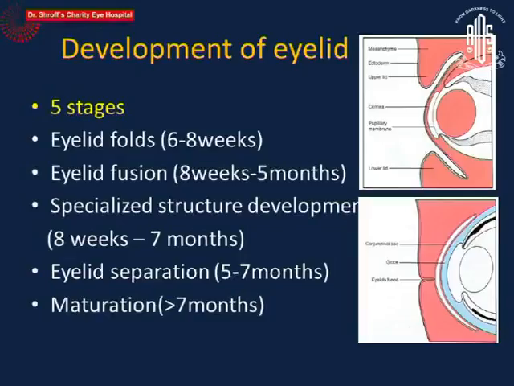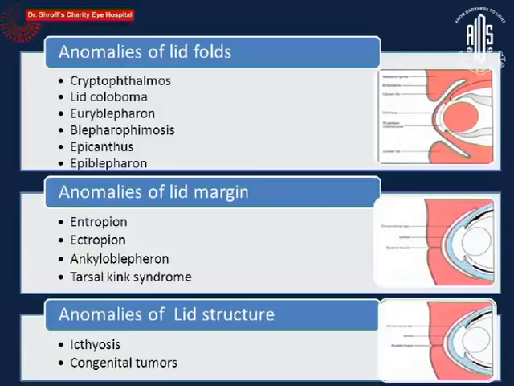We know that the development of the eyelid actually goes in these 5 stages, where the eyelid folds initially form, they fuse by about 2 months of in utero life, and this fusion remains on till about 6-7 months of intrauterine life. After that, the eyelid separates, and that is the time when the differentiation of the lid margin happens and the other adnexal structures actually form. And finally, the process of maturation goes on till the time of the birth. So any anomaly in the development of any of these stages can form any of the congenital eyelid defects.